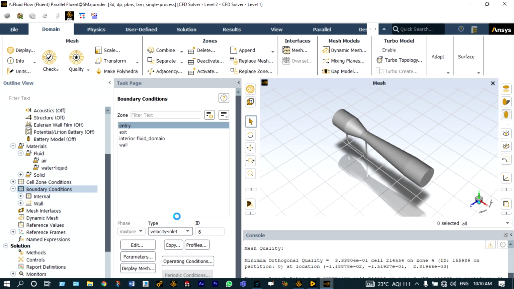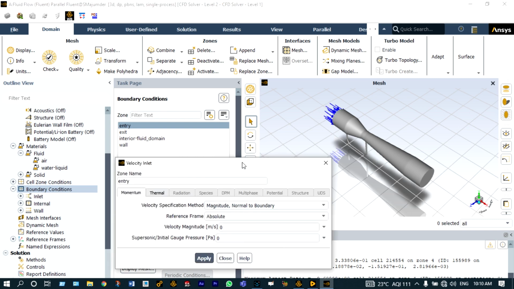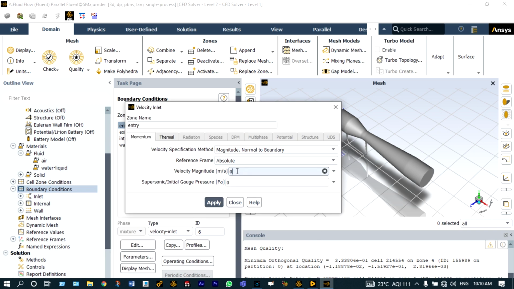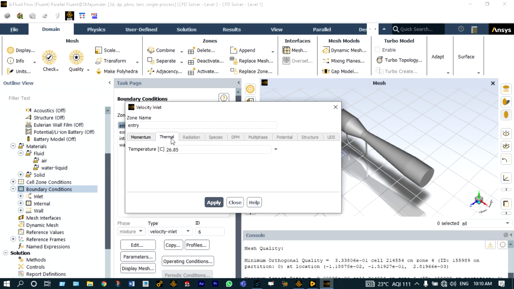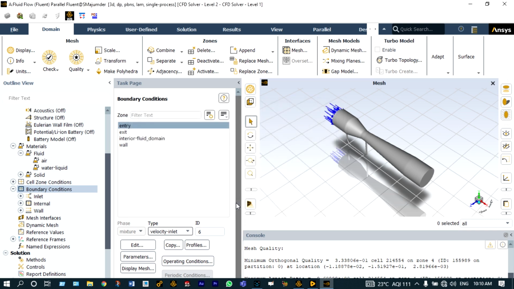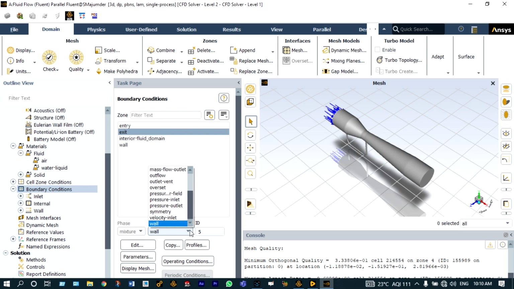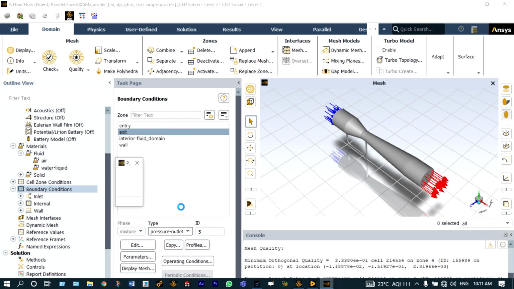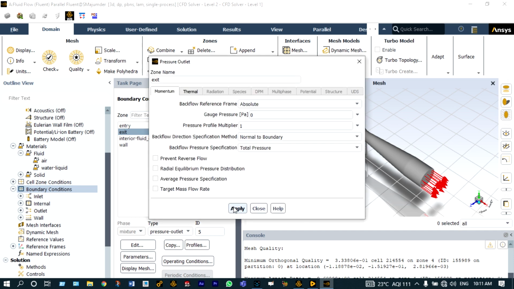Let us edit this velocity. It will be 0.05 meter per second. And thermal conditions we don't want because it will not be that important. It will be default as 26.85 degrees centigrade. Apply and close. Next boundary condition will be exit. At the exit location it will be atmospheric pressure. You can select this one as pressure outlet and it will be equal to atmospheric pressure. Apply this one,